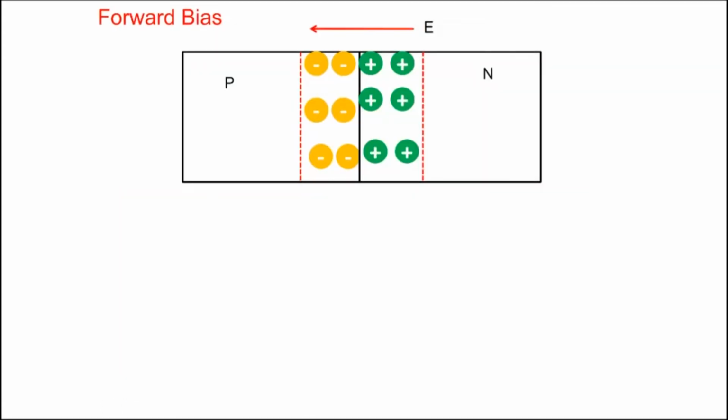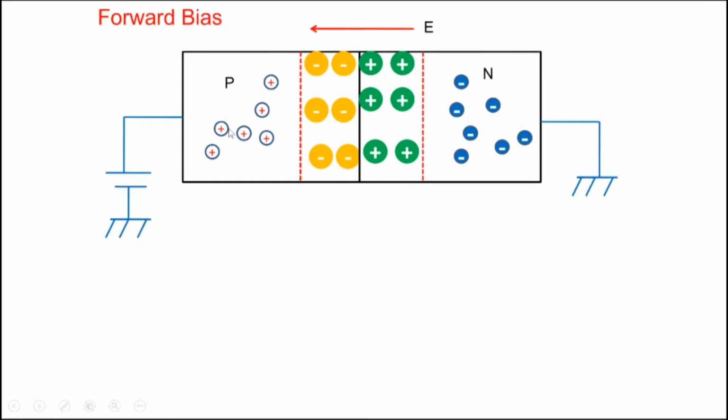So forward bias, let's look at what happens here. This is the picture that we have. We have a depletion region, and there's an electric field in the depletion region. We said the other way of thinking about it is there's a barrier here, the built-in voltage, VBI, and this electric field or barrier is preventing holes from going over to the N side and electrons from coming over to the P side. So when you apply a forward bias,